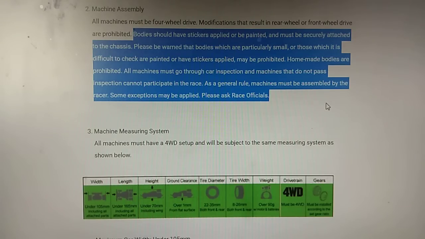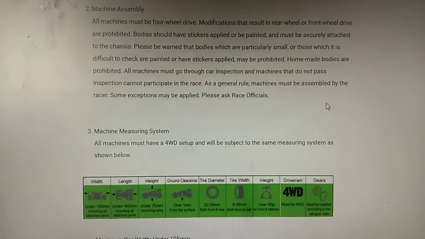Alright? Please be warned that bodies which are particularly small, or those which it is difficult to check, or are painted or have stickers applied, may be prohibited. So, ibig sabihin yan, medyo malalim to eh. Yan na, please be warned that bodies which are particularly small,